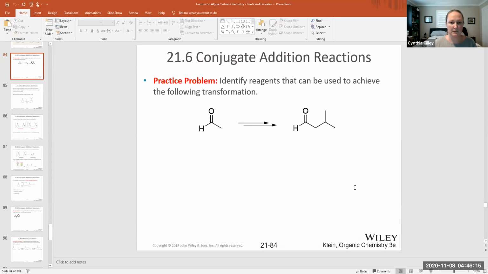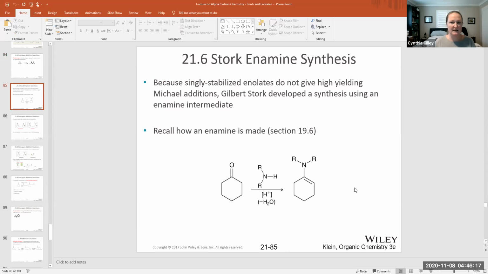The next reaction in this section of the book is called the Stork enamine synthesis. Gilbert Stork actually developed this synthesis to avoid the problem of not being able to utilize a typical enolate in